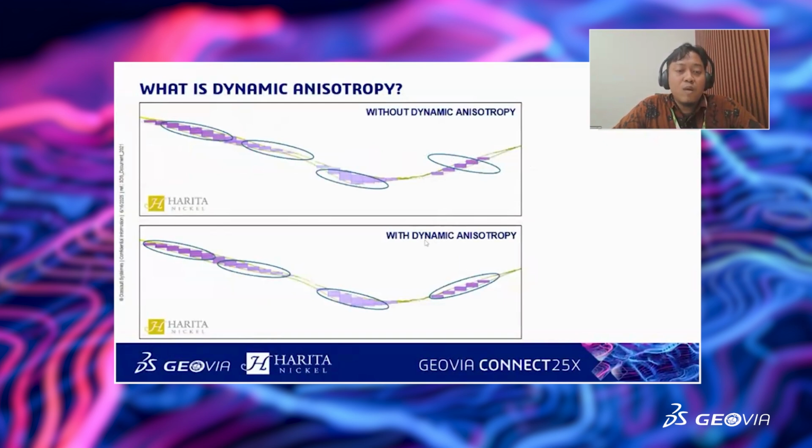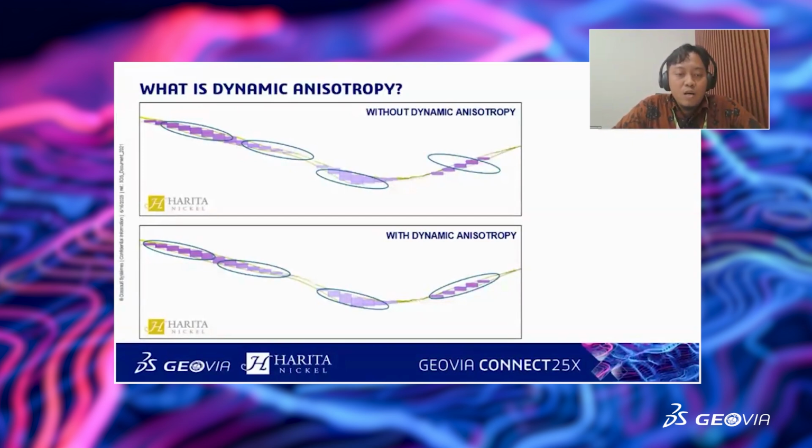Here you can see that when we do the estimation with an aligned, fixed orientation, which uses the global trend orientation of our solid model, it doesn't follow the geological folding curve. As a result, the block estimation doesn't properly follow the natural structure, and this often produces biased grade estimation and geometric inaccuracy in our block model.